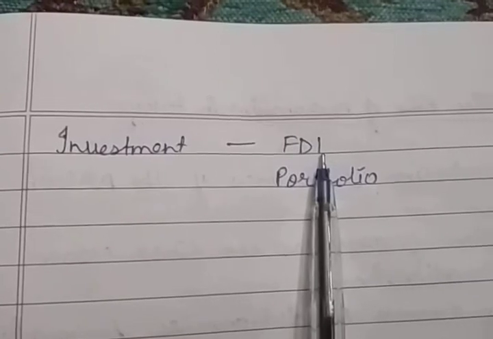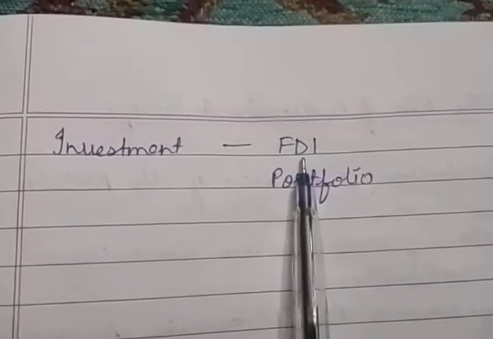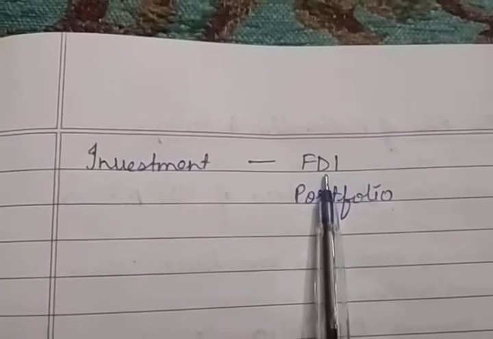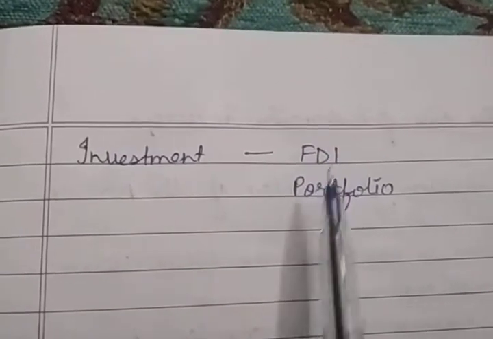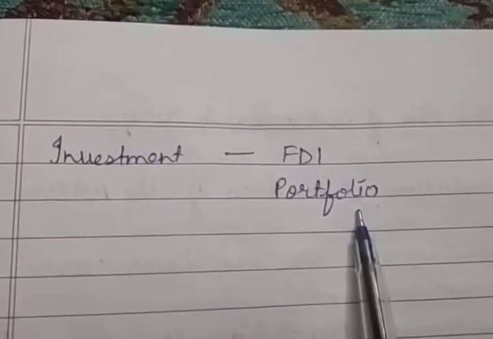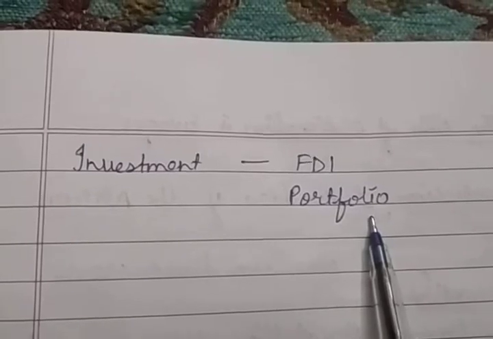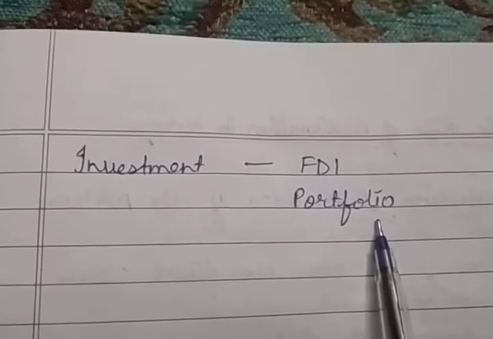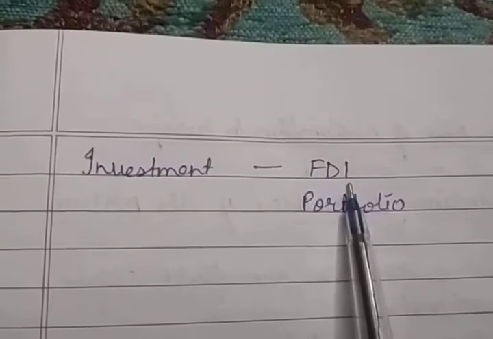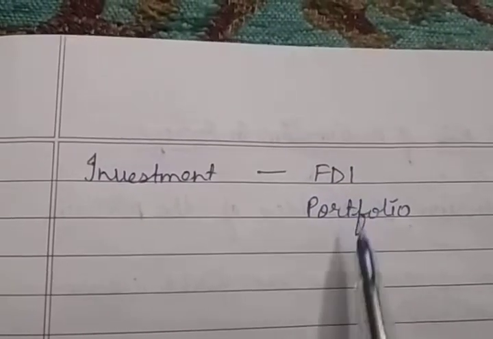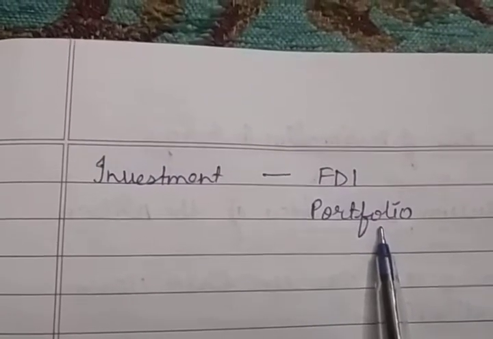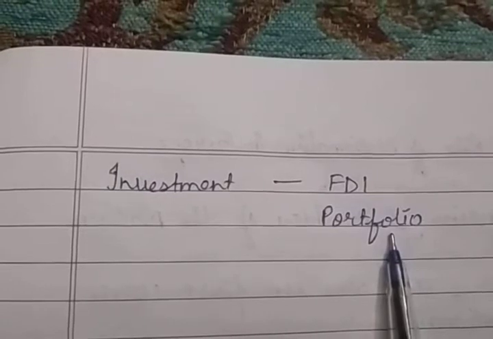Another example, purchase of land. Obviously, if we have invested in land, we have full control over the land also, or other things etc. Now the second type of investment is the portfolio. Portfolio refers to purchase of assets abroad but without any direct control over them. Whereas in FDI we have full power to control them, in portfolio investment we purchase assets abroad but without any direct control over them.